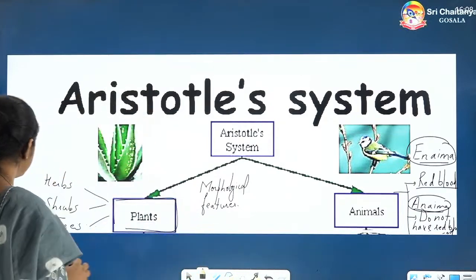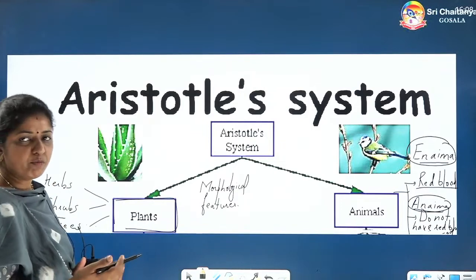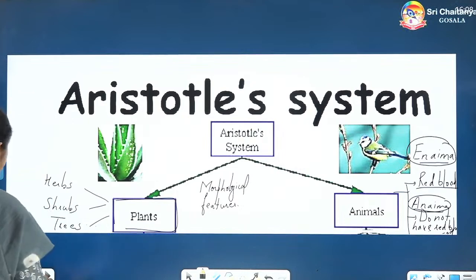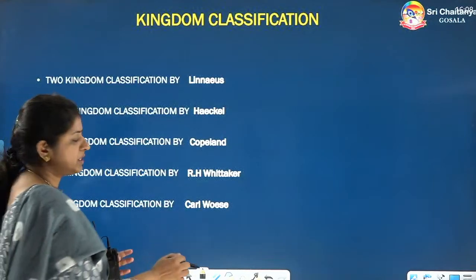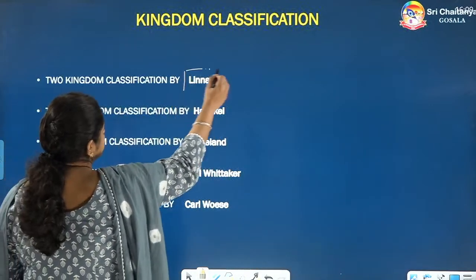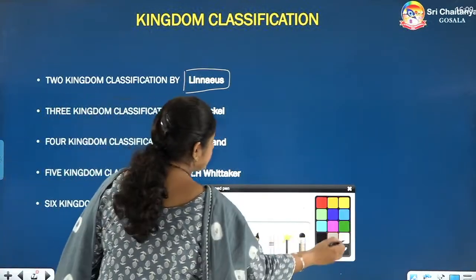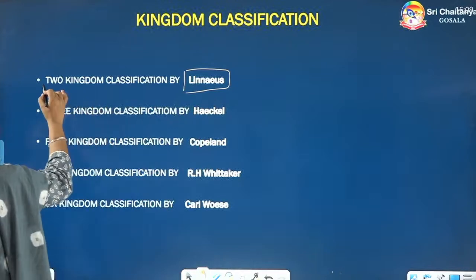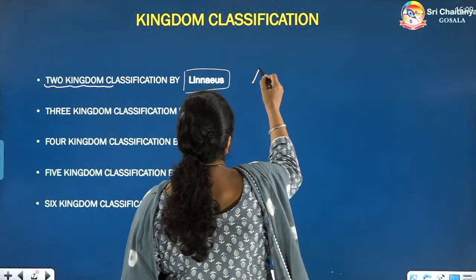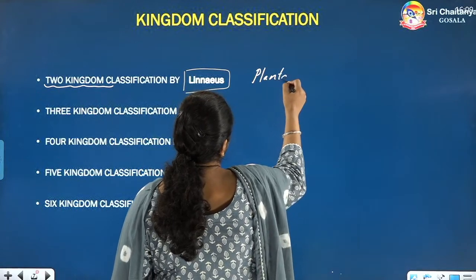Now coming to the next, various other scientists came. What are those scientists' names and gradually what development they did? Let me discuss in short. The very first we will take here the scientist Linnaeus, who had given the first two kingdom classification. What are those two kingdoms? That was the kingdom Plantae and Animalia,